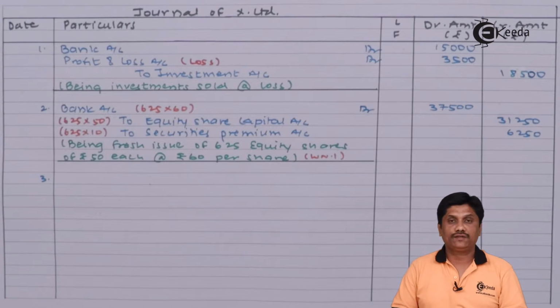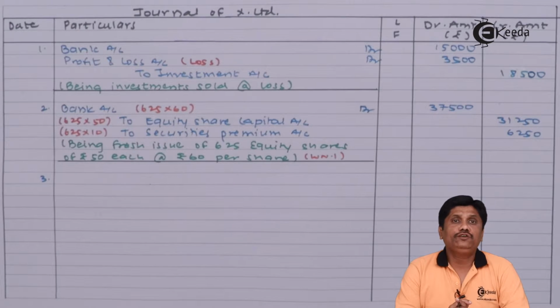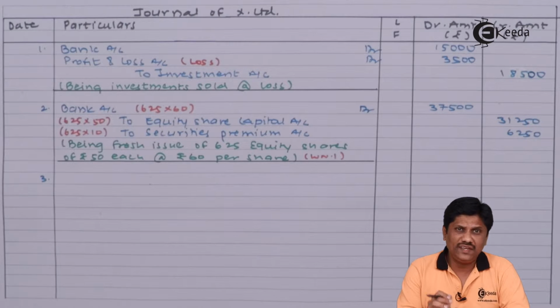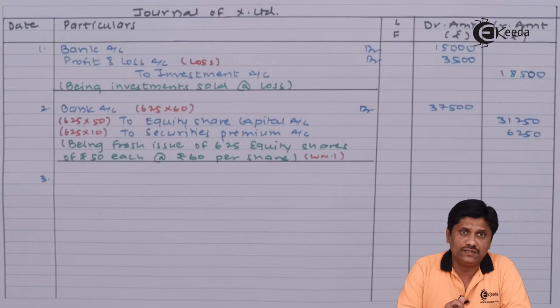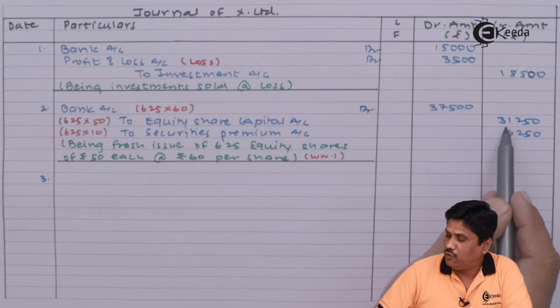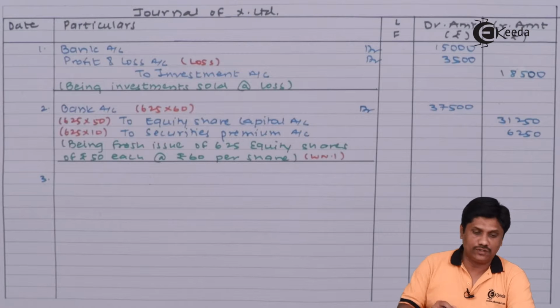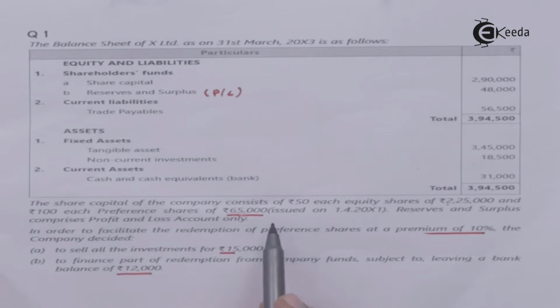Now, before I proceed further, I tell you one thing. As we have learned in our theory, whenever you use your existing reserves for redemption purpose, you will create CRR, that is capital redemption reserve. In my existing case, our fresh issue is giving how much amount of capital? 31,250. How much capital are we going to redeem? 65,000. We are going to redeem 65,000 worth of face value of preference shares, right? To the extent required, reserves are used, and with those reserves we will create